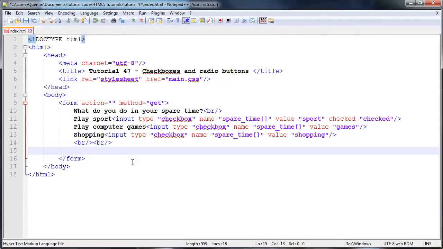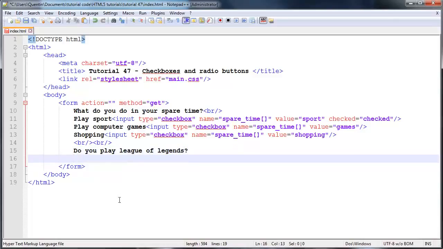Okay, so let's put some radio buttons on the page, and in order to do that, let's just ask a yes/no question. So, do you play League of Legends? And that's pretty much my go-to question whenever I talk about radio buttons. It's kind of funny. In my PHP tutorial, I did that as well. So, yeah. Okay, and we're going to give the user the option to say they do play League of Legends,